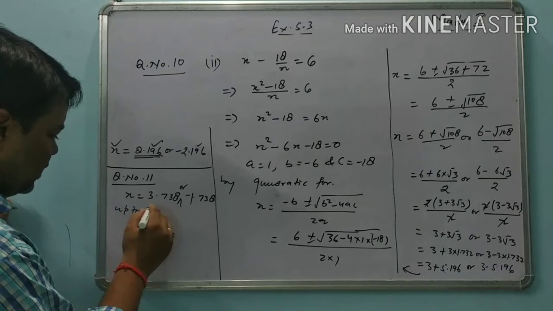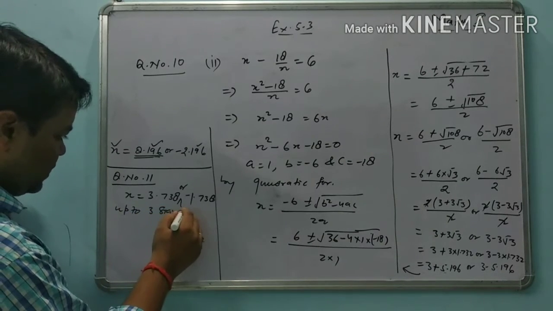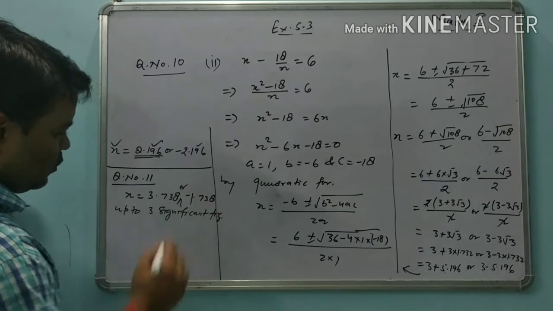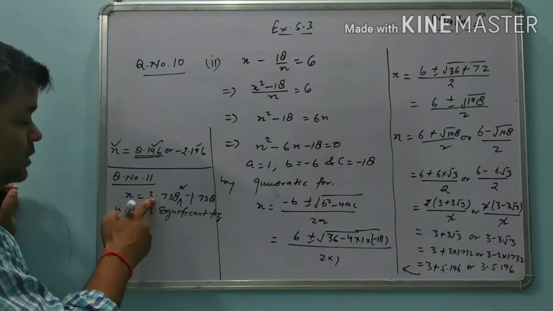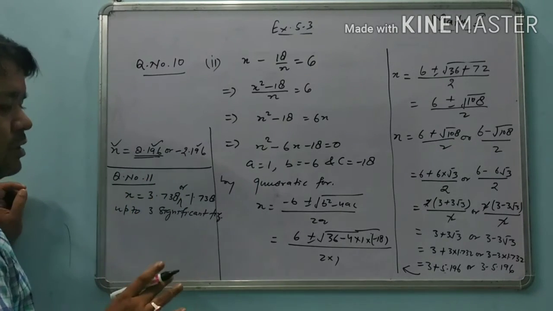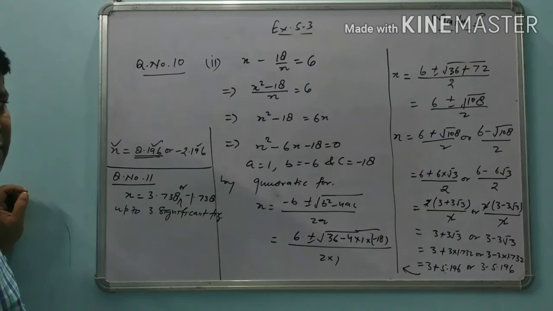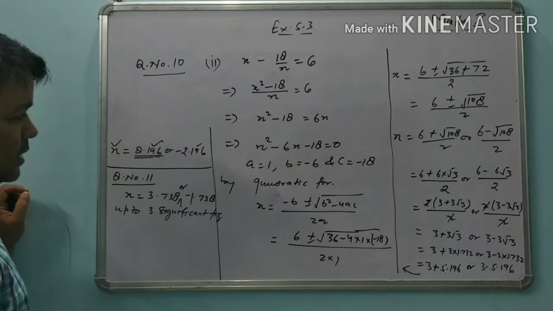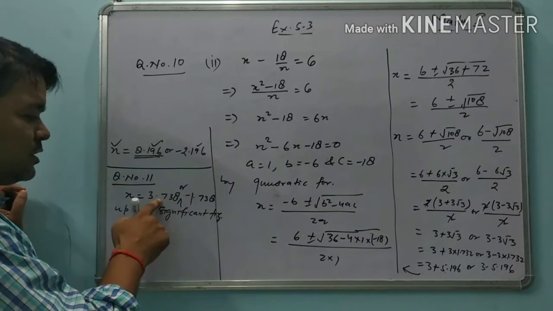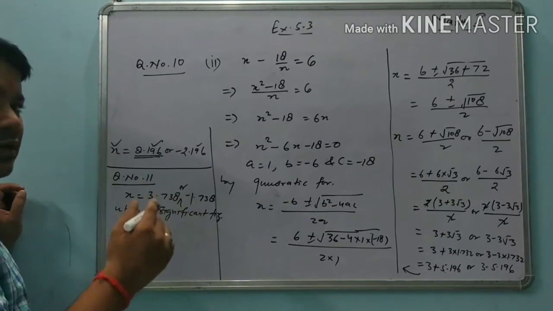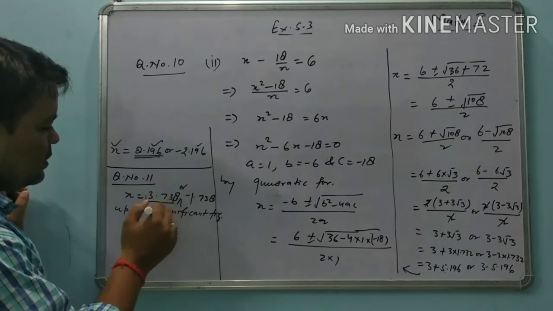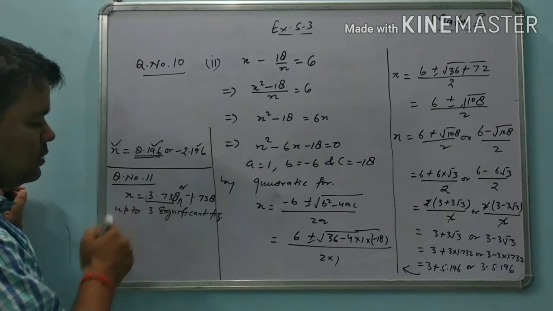Up to three significant figures. Okay, this is not the solution. This is not the answer of question number 11. Here I want to tell you only about the meaning of three significant figures. We just consider that after solving question number 11, let the value of x be this much or this much. Then how do we take up to three significant figures? Up to three significant figures of 3.738 will be, 1, 2, 3, three significant figures,